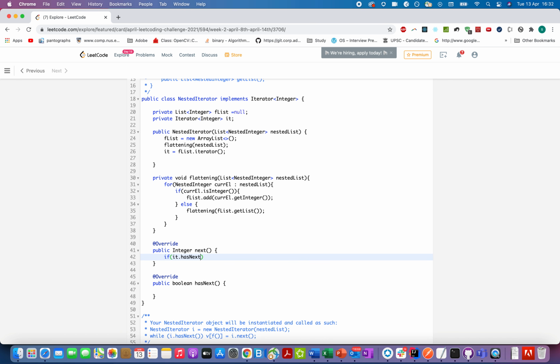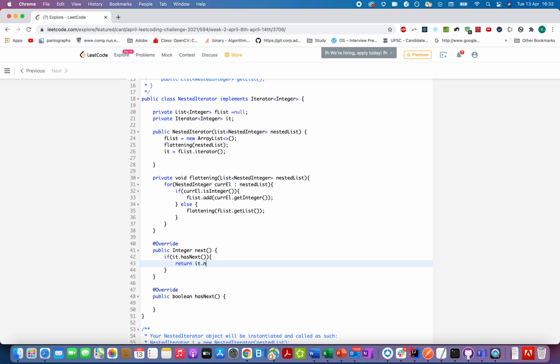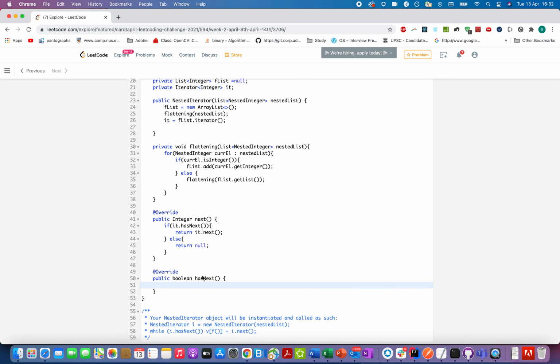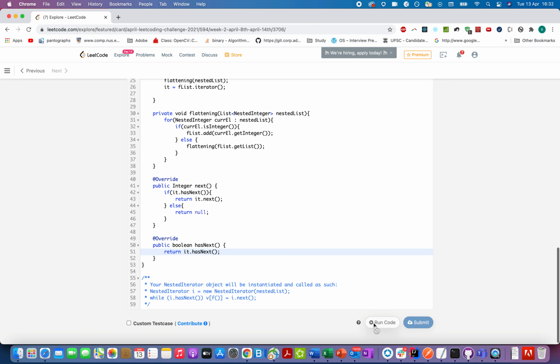It dot has next. If it returns true, then we will return it dot next. Otherwise, we will return null. And in the has next operation, we will simply return it dot has next. So that is also handled by Java. I think this should work.